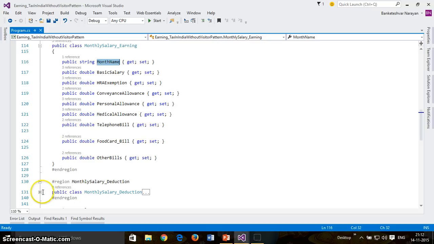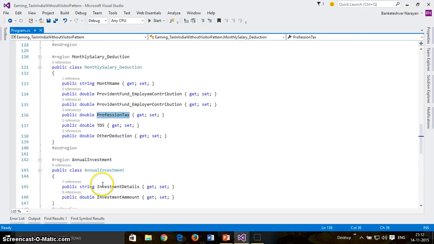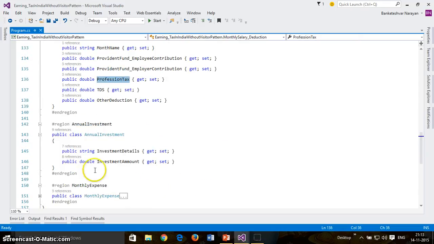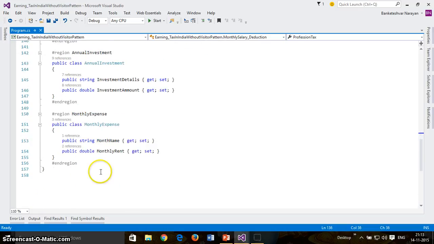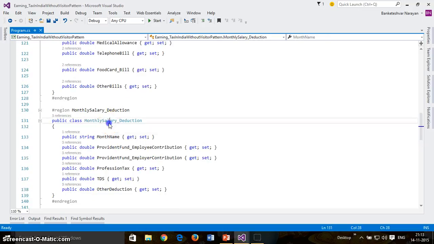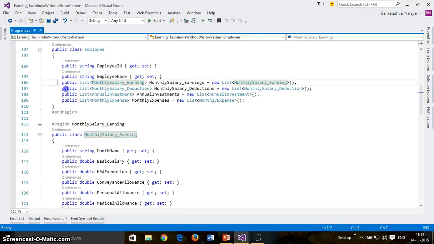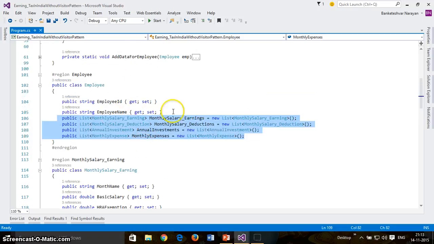In monthly deductions, we have month name, provident fund, employee contribution, employer contribution, tax, and other parts, and there are annual investment and monthly expense. In monthly expenses there are rent and other things. So we have main classes: monthly expenses, annual investment, monthly salary deduction, and monthly salary earning. And I have created a list for all these classes in the employee class.